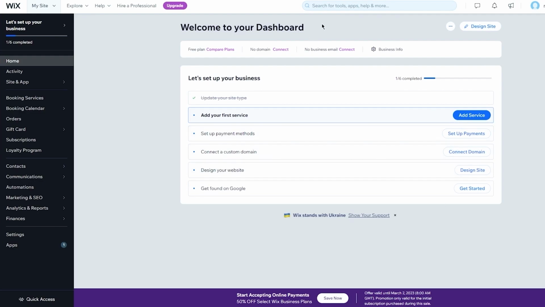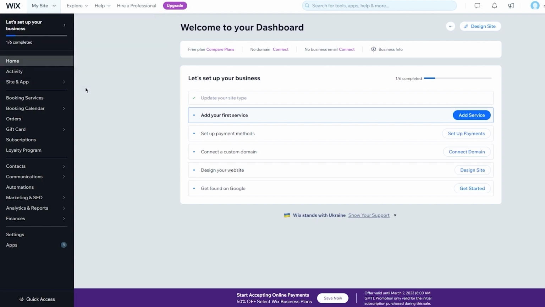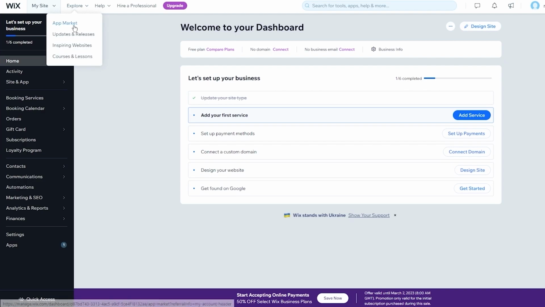First of all, in the top section, you can see all the taskbar features. In the taskbar, you have My Site. In this section, you can see the different sites of yourself. You can have 5 to 7 sites in one Wix platform, so it's pretty easy, pretty dope stuff. Then you're going to go into the Explore section. In the Explore section, you have your app market, updates and releases, inspiring websites, courses and lessons,